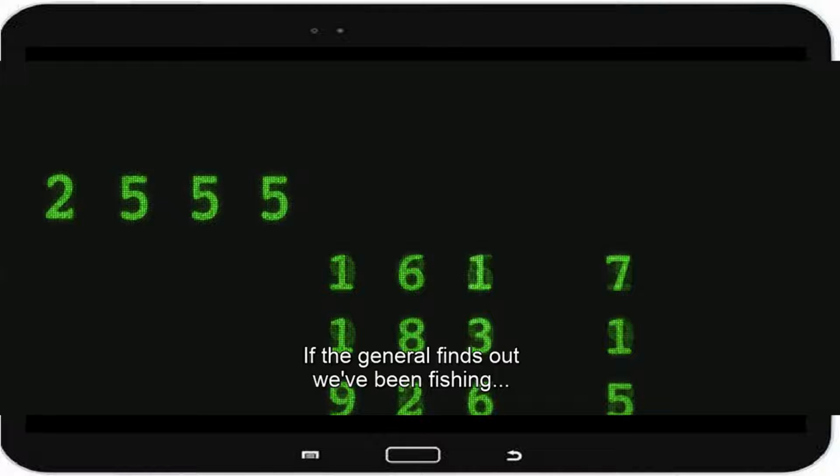Phishing is jargon used by hackers, loosely translated as gathering information. Seq mentions the general, which triggers the memory of the general from The Matrix Online. We sit back in our seats, waiting for this new Matrix journey to begin.